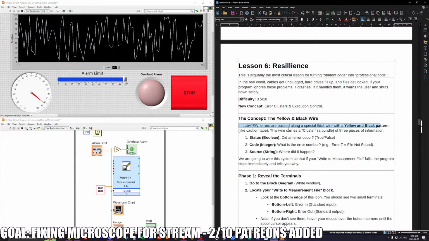This wire carries a cluster of 3 pieces of information. Status, did an error occur? Code, what is the error number? Source. So